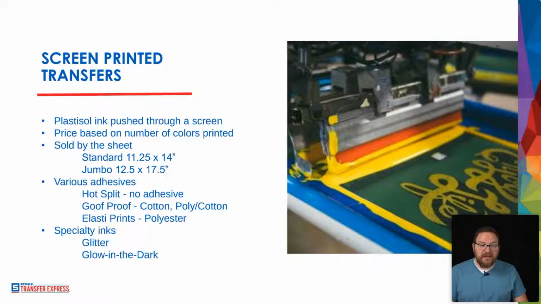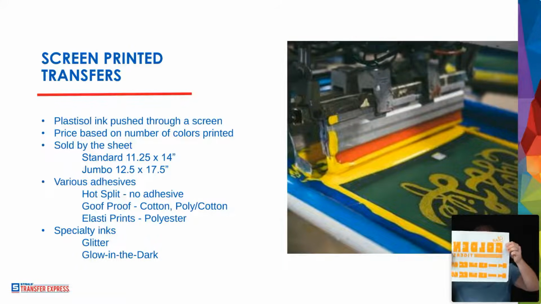Jenny asked, what size would I get for a youth shirt full front, a gang sheet? Yes, if you're doing screen printed transfers, you would absolutely do this on a gang sheet. But for a youth shirt, you're not going any larger than 9 inches wide. So if it's just, say, like this Stay Golden graphic, which this is, of course, reversed because we're going to put it on a shirt and it's going to print right side,